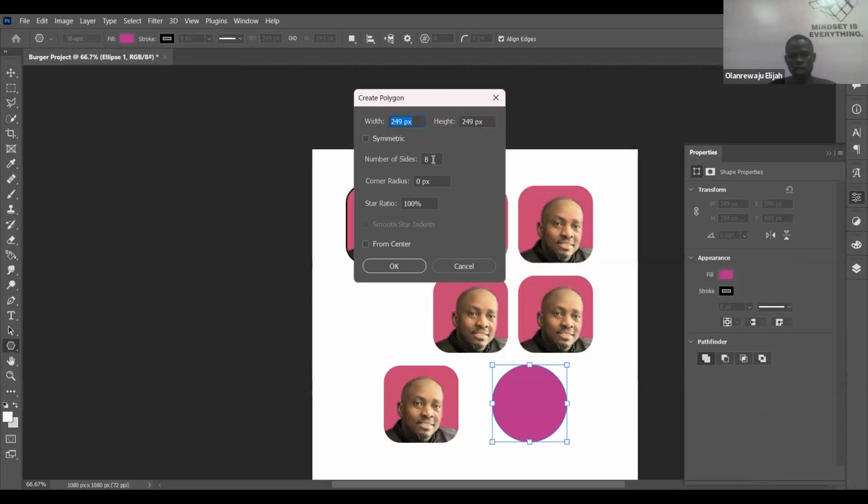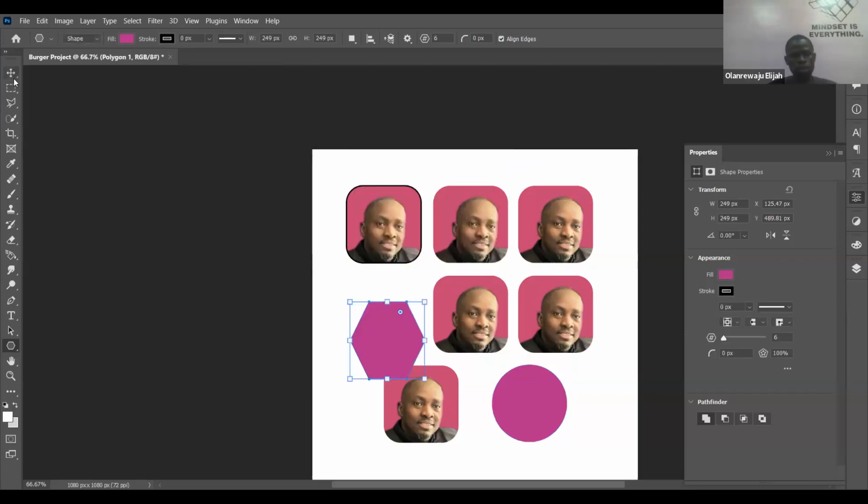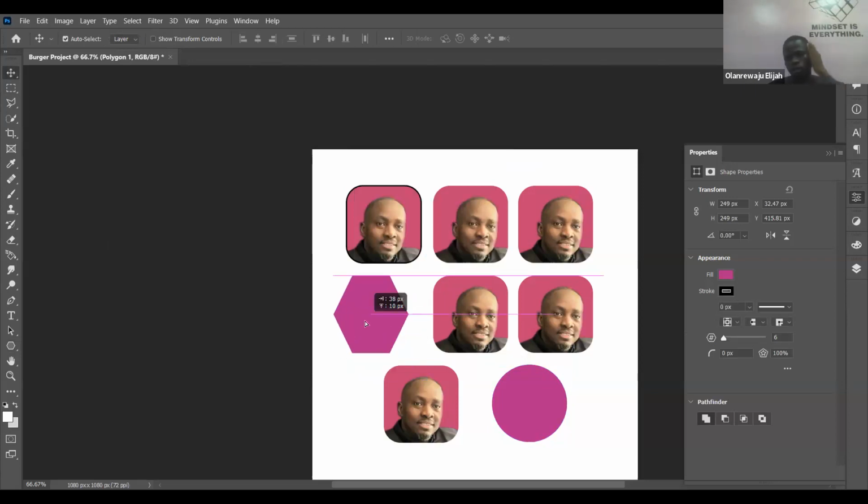Then you change the size here. Let's say you decide maybe you want to create 5, which is a hexagon. Is it a hexagon? No, 5 is not a hexagon. 6 is a hexagon. Let's say 6. We want to create a 6-sided shape. Can you see now? We just created a 6-sided polygon. Do we get it now?